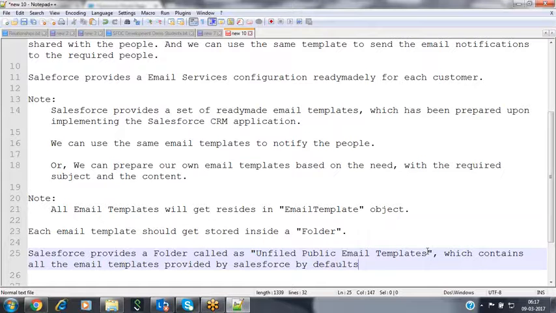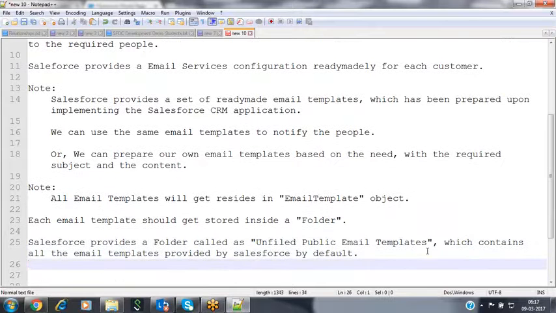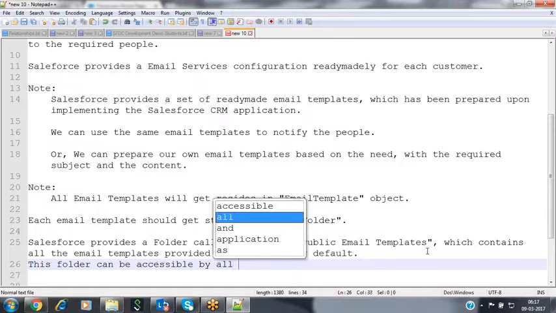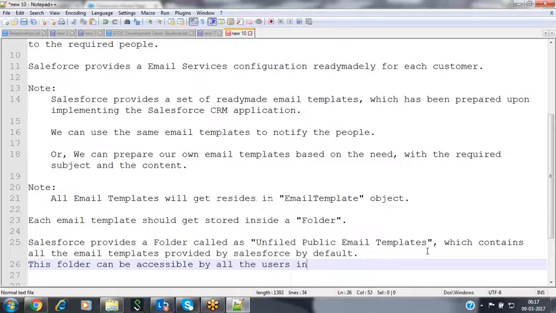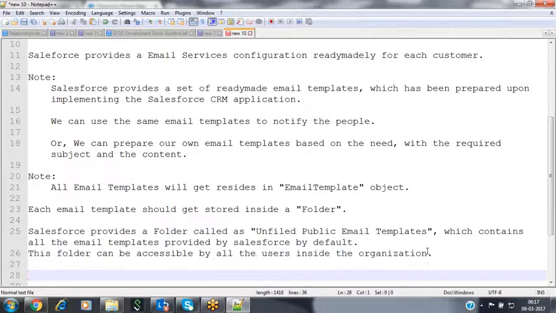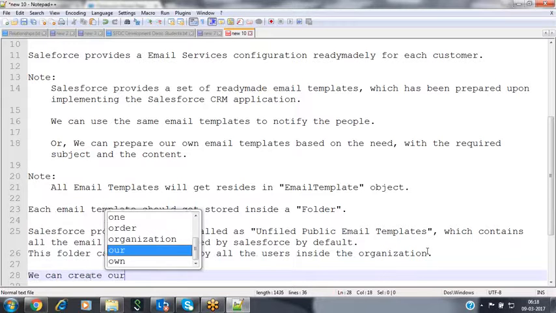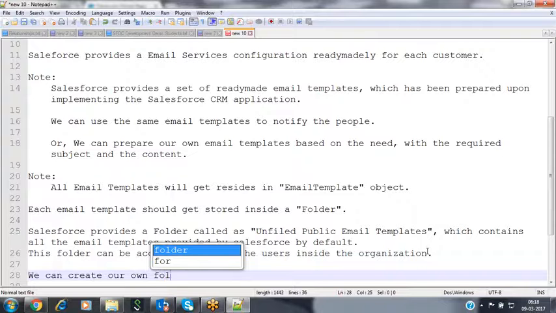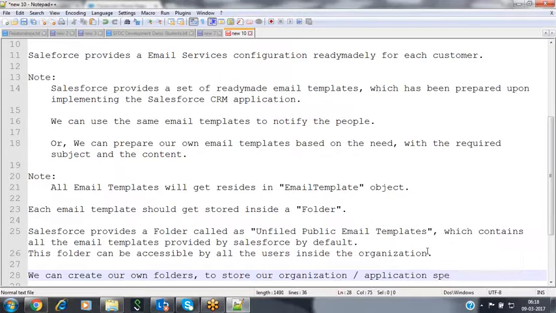This folder can be accessed by all the users inside the organization. And we can create our own folders to store our organization or application specific email templates.